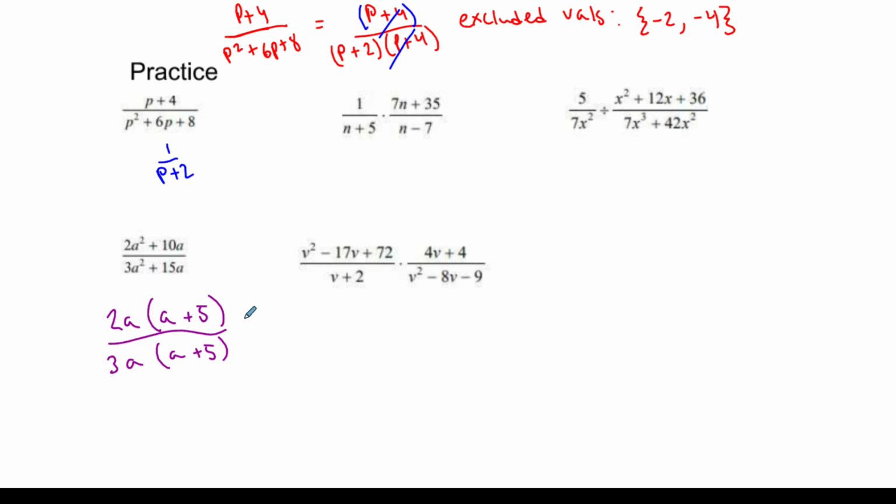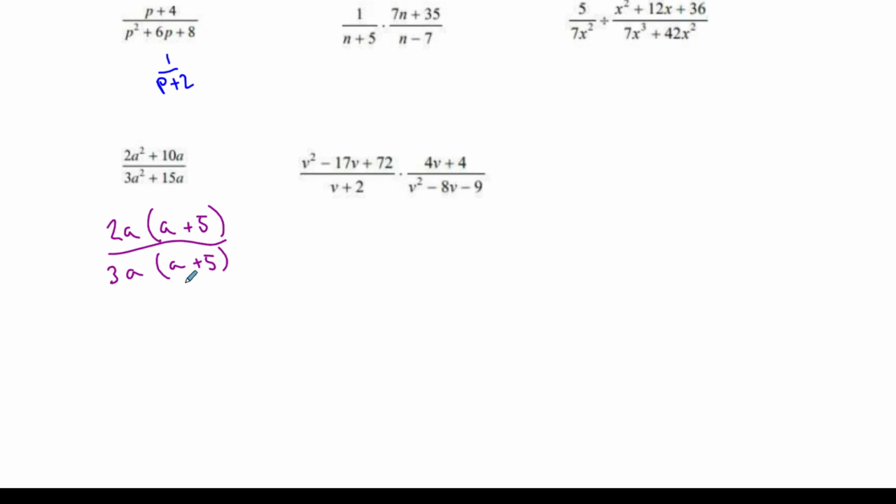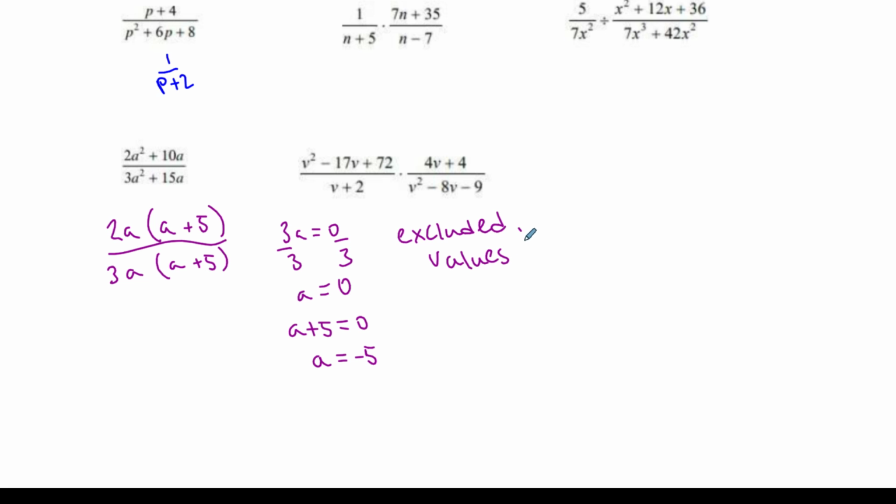Okay, so what would my excluded values be? Well, if I set 3a equal to 0 and divide by 3, I get a equals 0 over 3, or 0. And if I set a plus 5 equal to 0, move that 5 over, I get -5. So my excluded values here would be 0